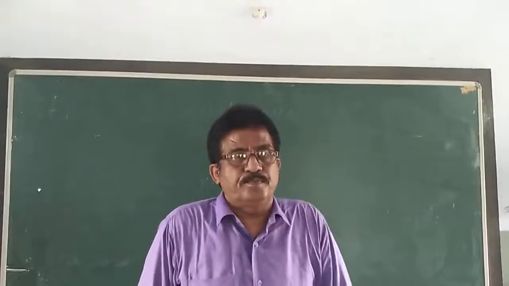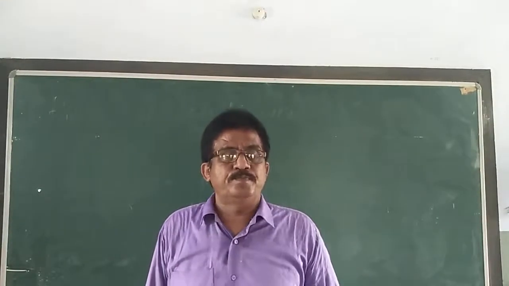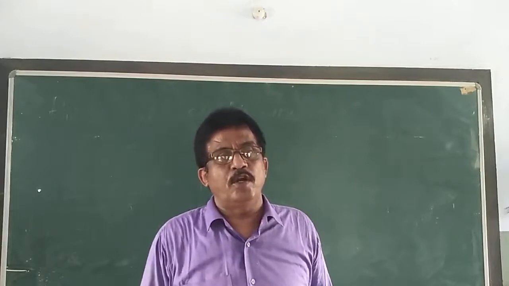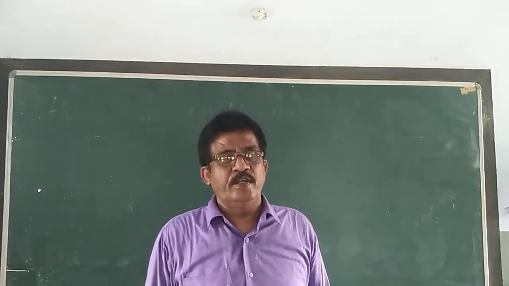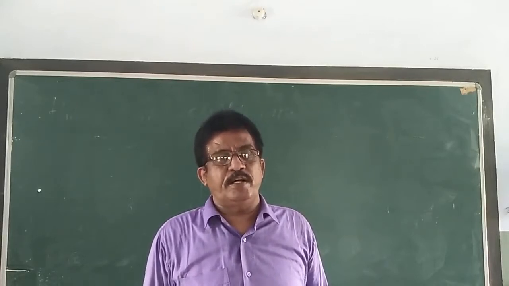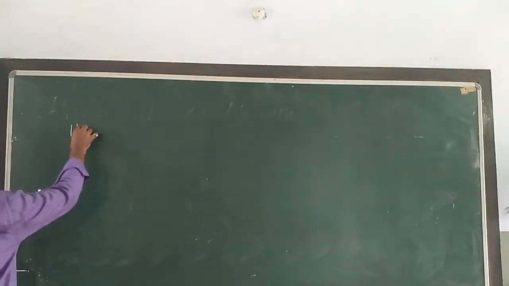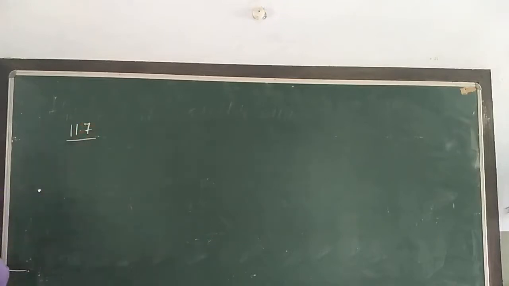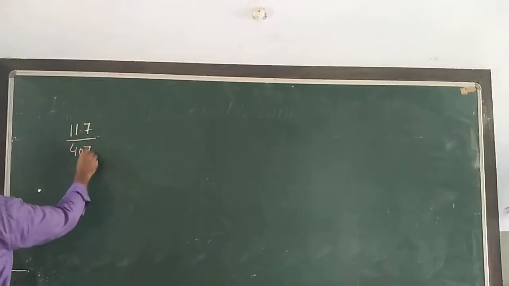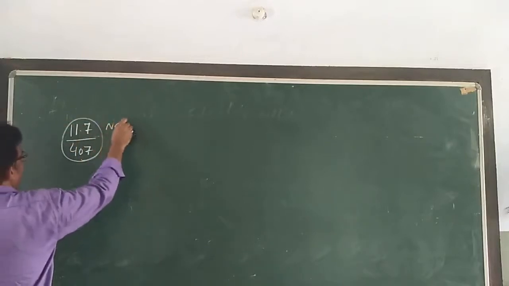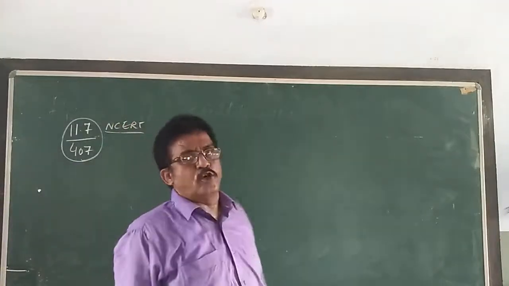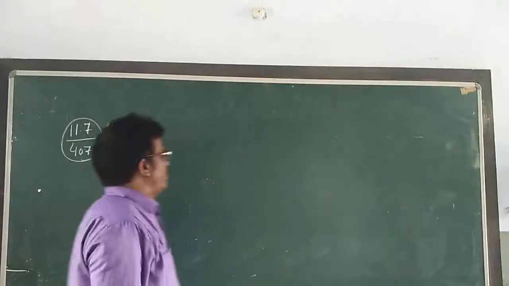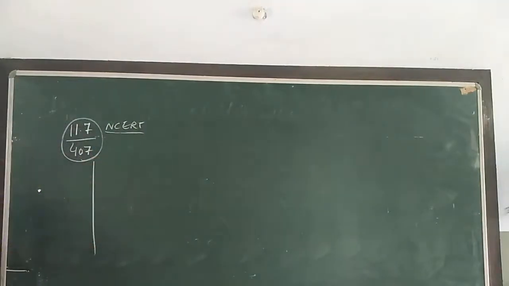Now, in our last module, we solved some numericals of our chapter, Dual Nature of Matter and Radiation. In continuation of that NCERT chapter, here again we are going to solve NCERT question number 11.7 of page number 407. Again you are coming here, open your NCERT book and solve the questions. See what the question is, what things are given here.